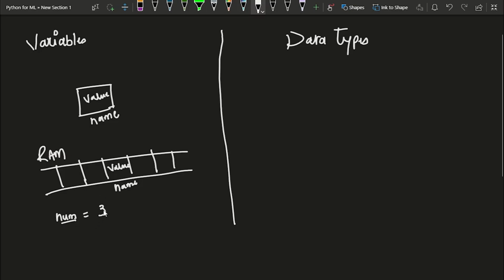Now what this exactly does is this will assign you a space in memory. So in this case, the name of this space will be num, and the value inside will be 3. So this is how this variable will be represented in memory.